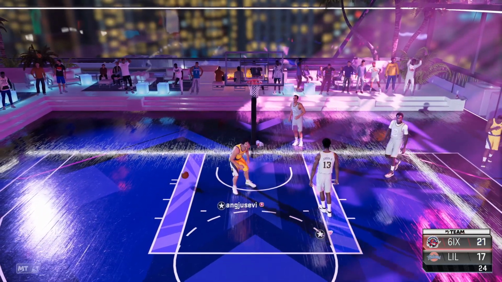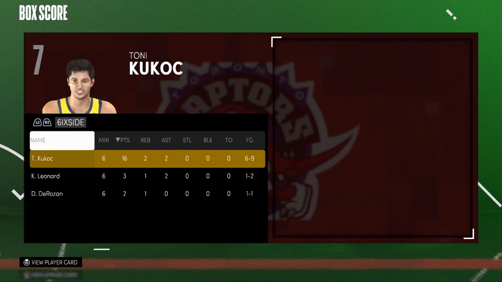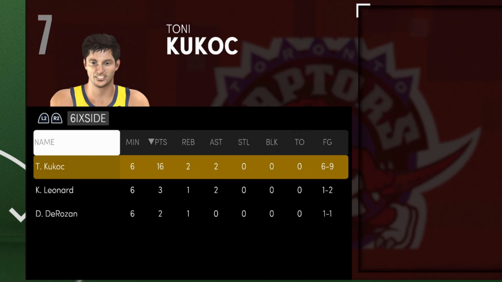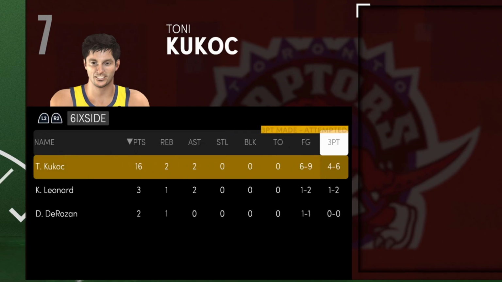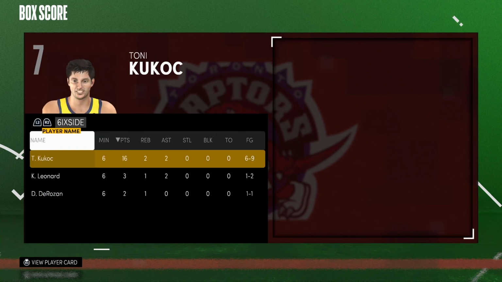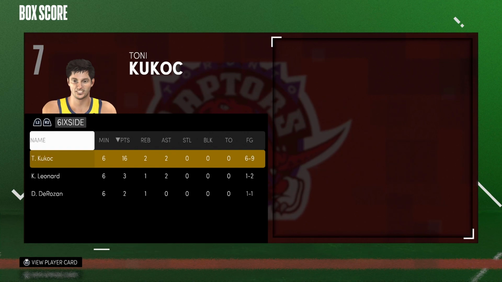This card is just absolutely ridiculous. It is not a realistic card at all, unless he was actually doing this in real life and I just didn't know about it. But my boy Toni ended the game with 16 points, 2 boards, 2 assists, 6 of 9 shooting, 4 of 6 from 3. I mean, this card right here is absolutely crazy. And if you're not convinced already, bro, do yourself a favor, just pick him up and trust me on my opinion on this, bro. I'm telling you right now, this card, he might be the best card in the game,